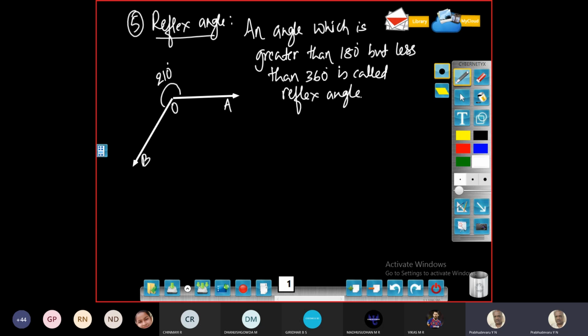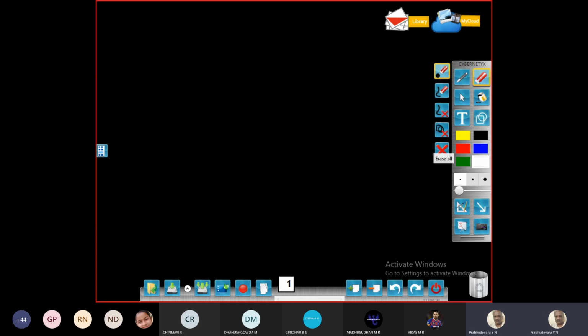So this is learning these types of angles. Now you also have studied some of the pairs of angles, maybe complementary angles, supplementary angles, all these things. So let us recall some of the pairs of angles now. Is it over? Yes, sir. So we take these pairs of angles now.